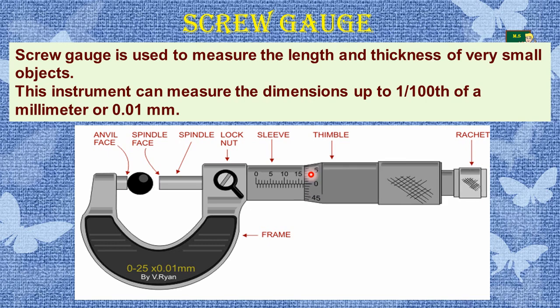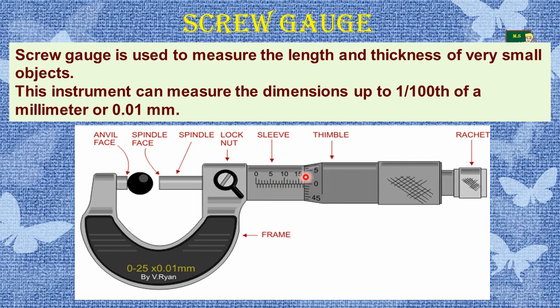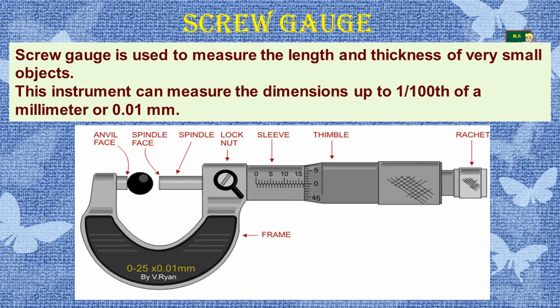This thimble is divided into 100 divisions. I think you are all watching the movement of this screw gauge well. Let's move to the next. This thimble with 100 divisions is called the head scale. Already you know about the pitch scale, and now this is the head scale. The end of the screw has a plane surface. It is called the spindle. A stud, it is called the anvil face, is attached to the other end of the frame.